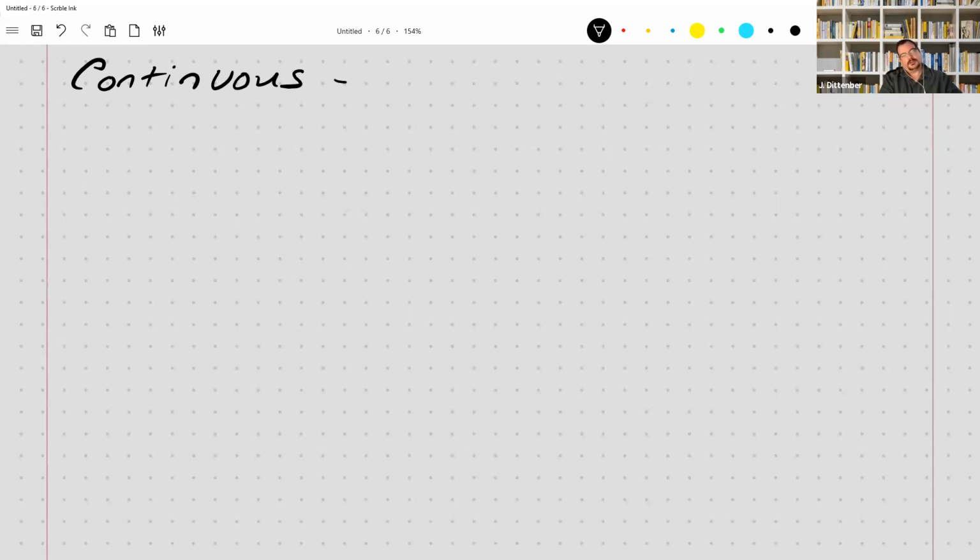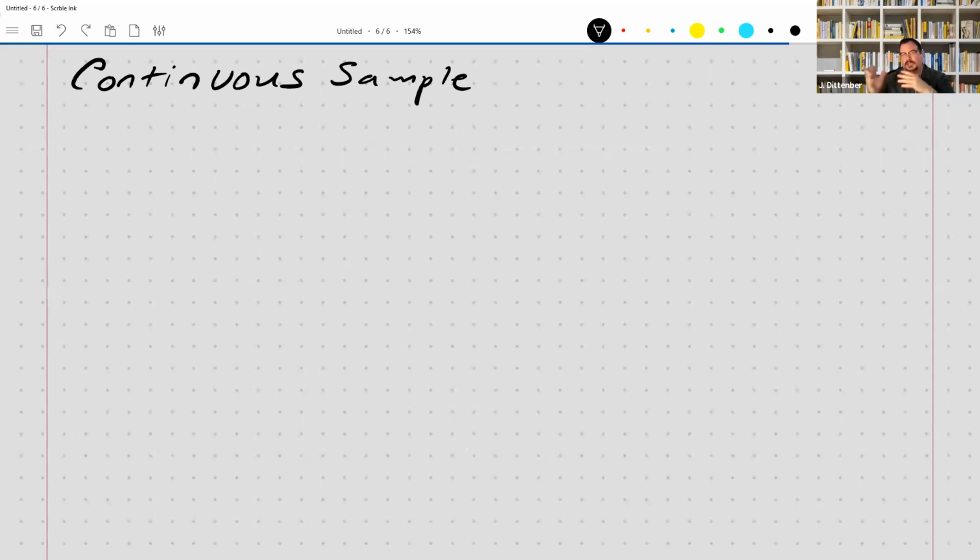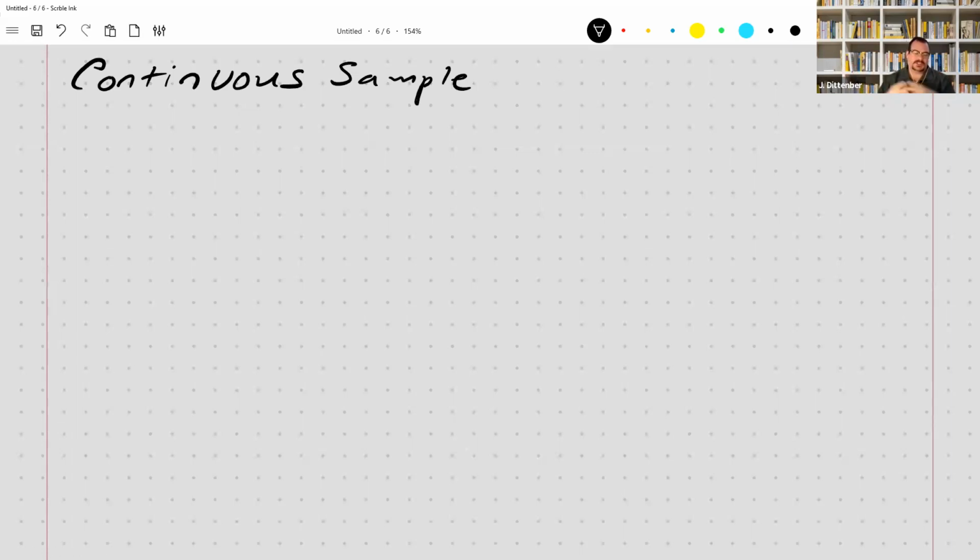So continuous data is data that basically you can think of as data that has been measured. And one of the things about measurements is that your measurement can be as precise as you like it to be within the constraints of the sensitivity of your measuring instruments, right? So there's a really interesting